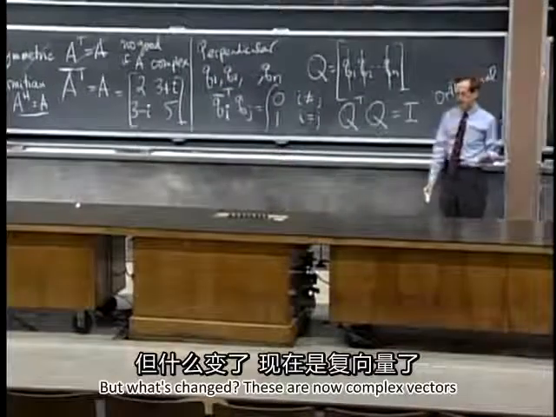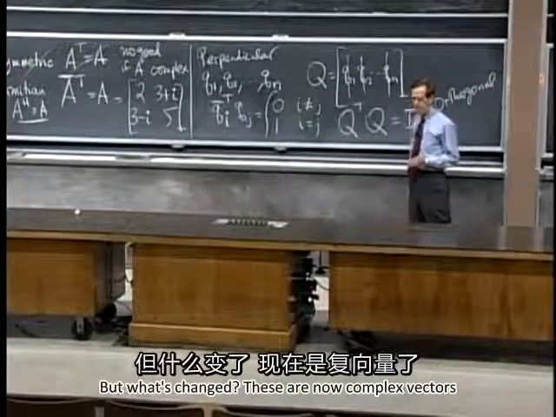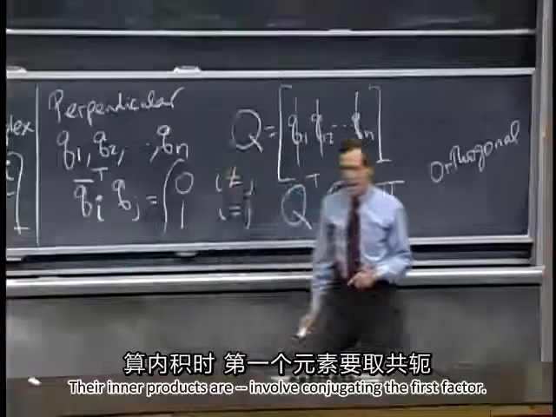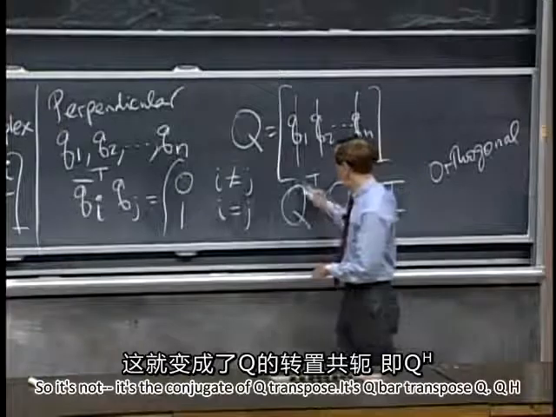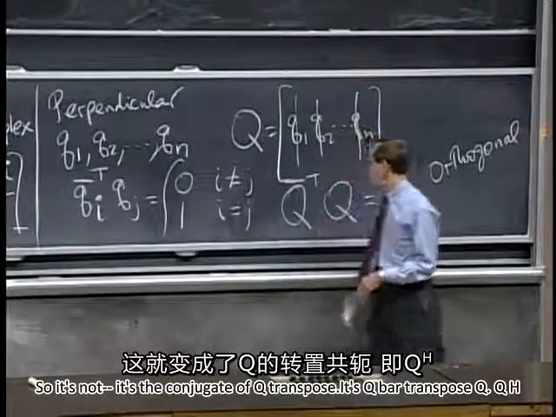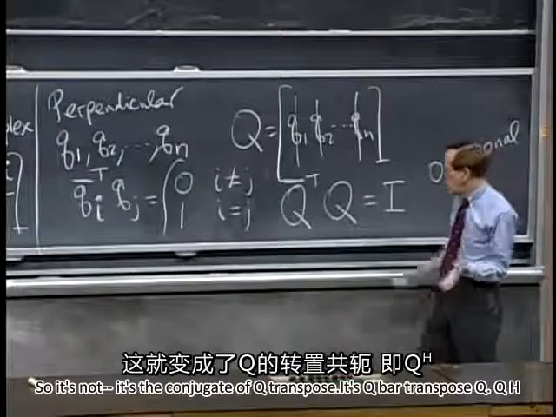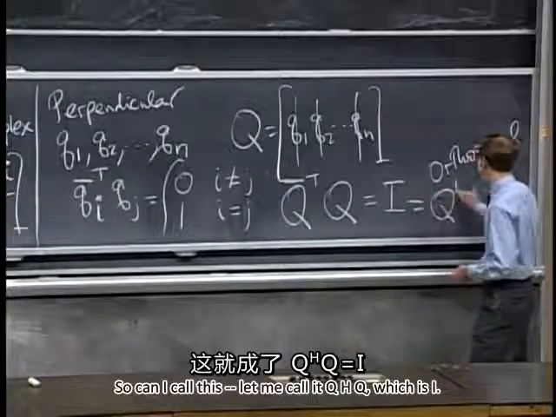But what's changed? These are now complex vectors. Their inner products involve conjugating the first factor. So it's the conjugate of Q transpose. It's Q bar transpose Q, QH. So let me call it QHQ,